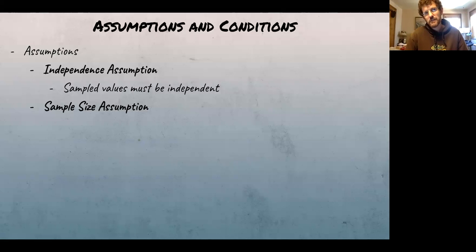So if we want to find the average speed that a car drives on the highway, and we sample during one specific time, maybe from 5 to 6 o'clock, well, if you're following my thought here, that's not necessarily independent,